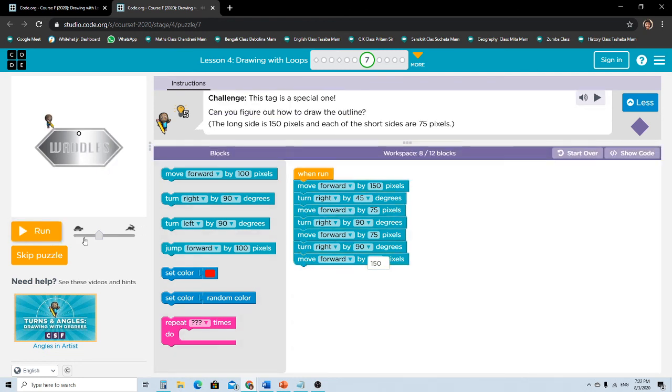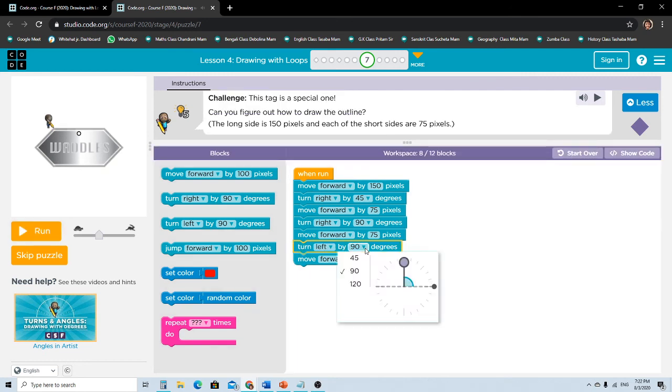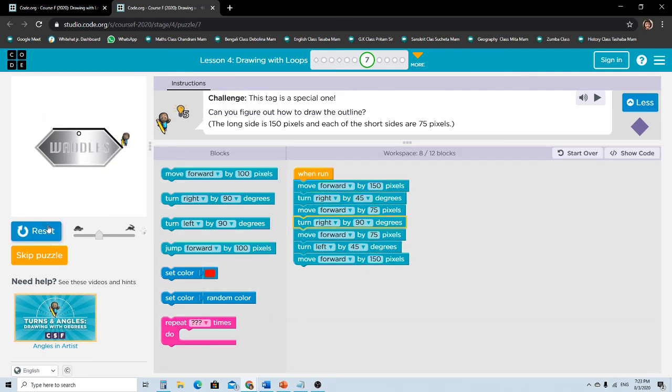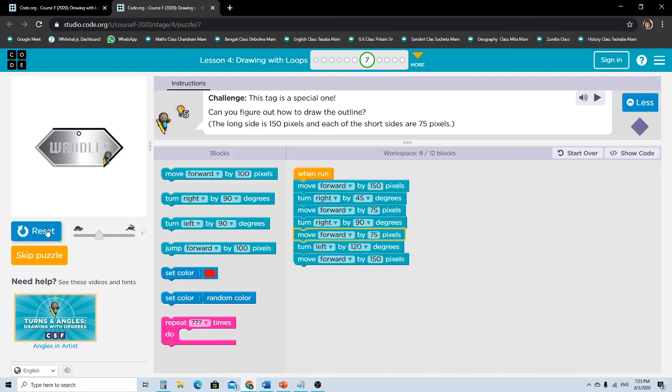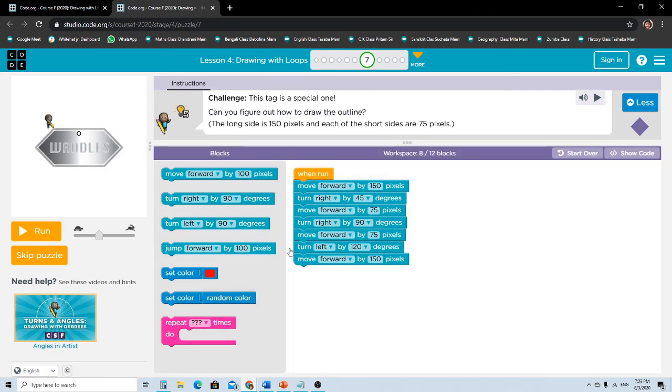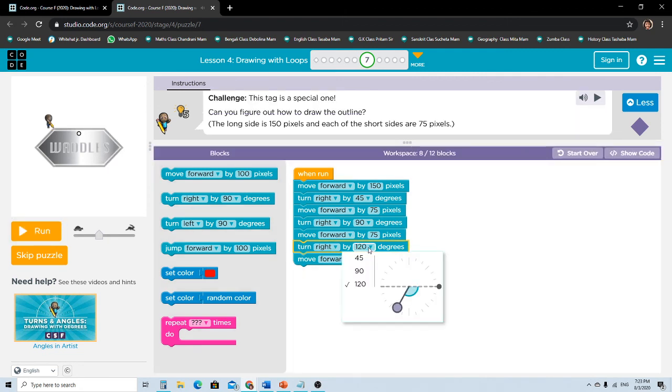It will be turn left. Something is going a bit wrong.